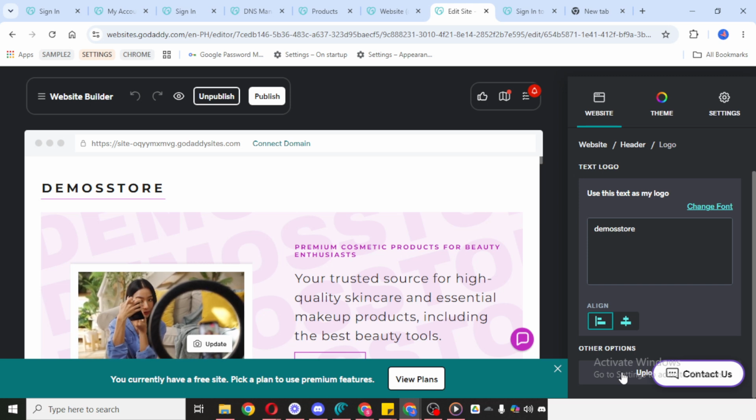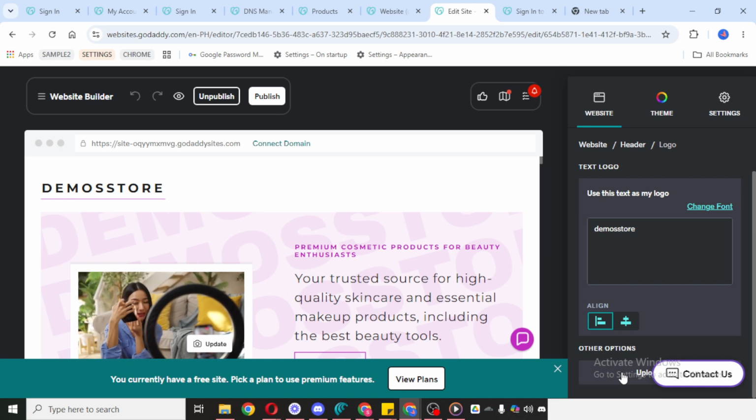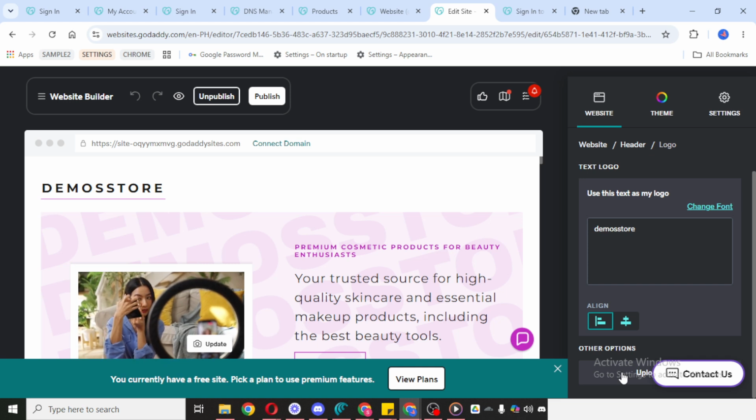After the upload is complete, take a quick look at how the logo appears on the page. This helps you confirm that the image is the right one and that it displays properly in the website layout. If everything looks good, the final step is to click Publish. Publishing is important because it makes the change live on your website. If you skip this step, the logo may appear in the editor but won't actually be visible to your visitors.